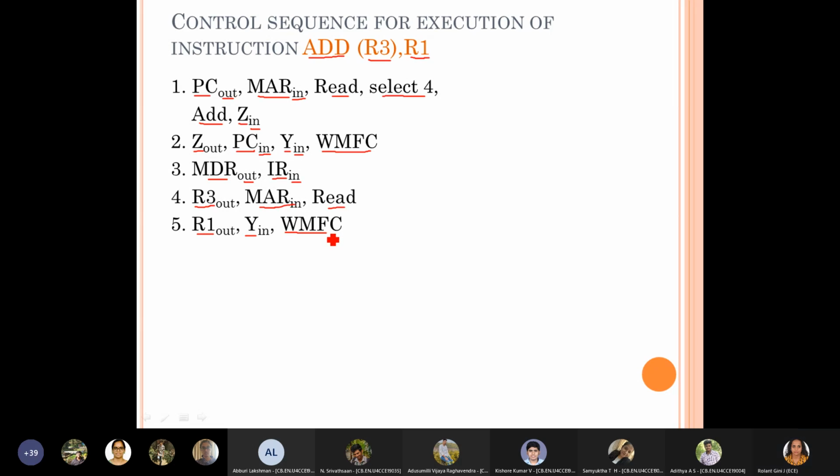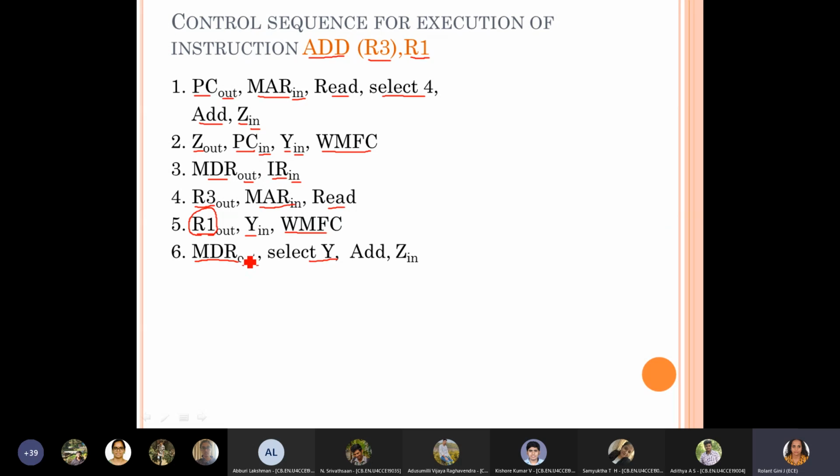Once the memory read is over, the data will be there in the MDR register. So we enable MDR out and then select Y here, because the Y register is where we loaded the content of R1 at this clock cycle.